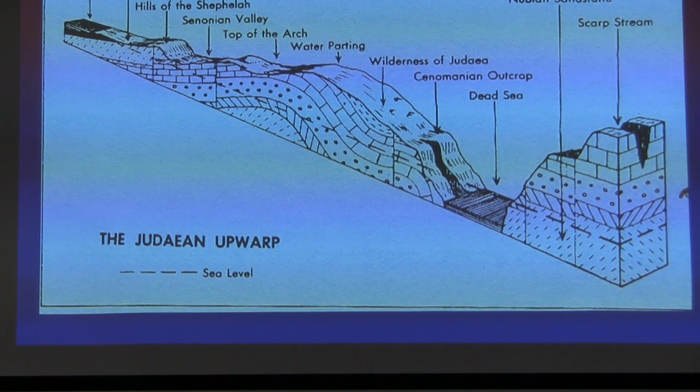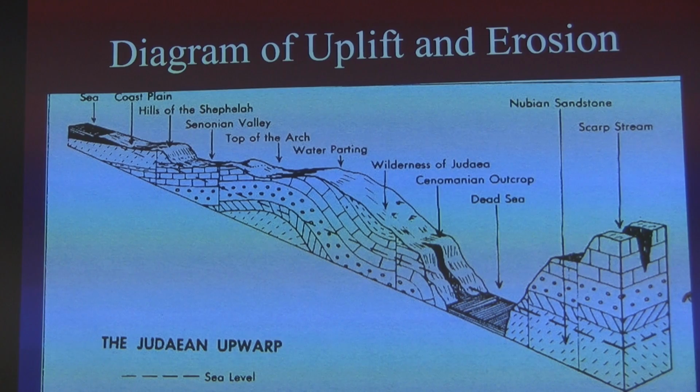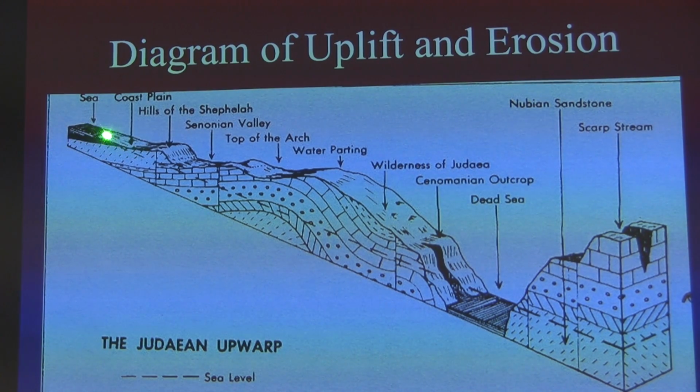Here's a much more sophisticated version of it. I won't spend a lot of time with this, just to help us see again the coastal plain, some lower hills. There is, by the way, a lower area right here, because if we think of our original deposits, we had hard limestone, chalk, soft limestone. Chalk is softer than soft limestone, so it's going to erode even farther down than this Shephelah section. Don't worry so much about that. We're doing fine as we are.